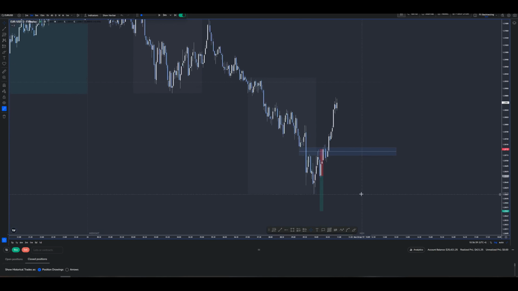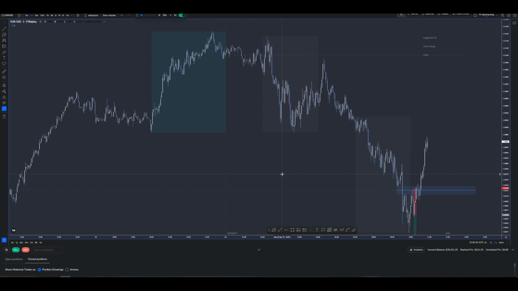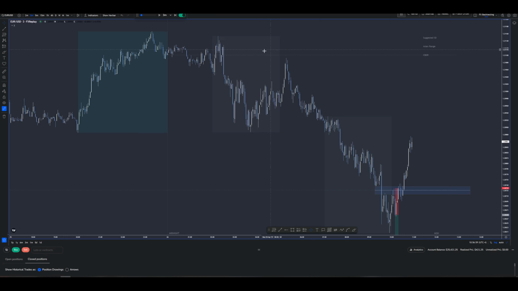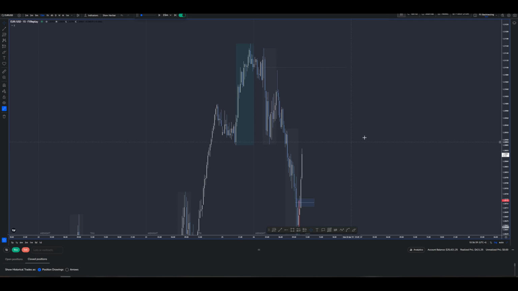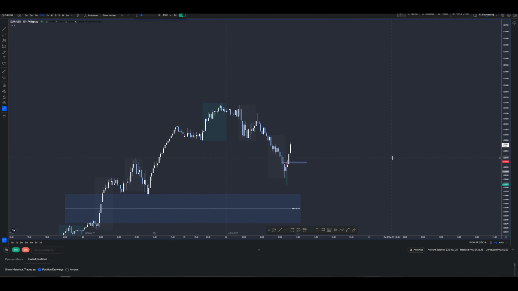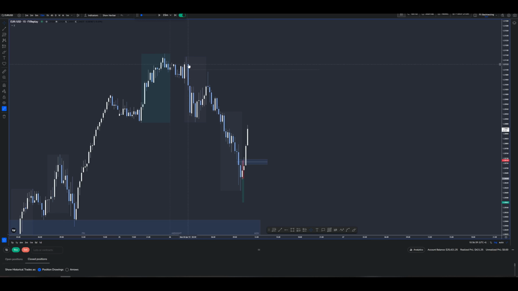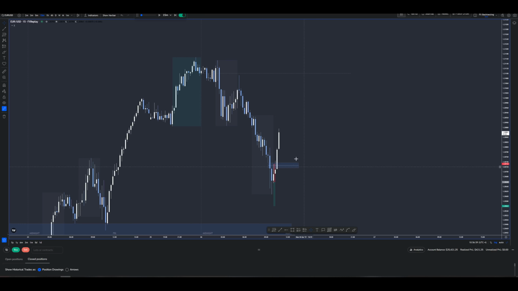But if you already had this move, kind of consolidation, and we have a very big move already to the downside. And I also like to count pushes. So this is the first push, the second push, and the third push. Usually after 3 pushes, you can expect a deeper retracement, because we already go from here to here. It's a big distance, so